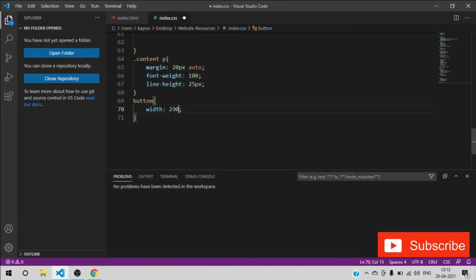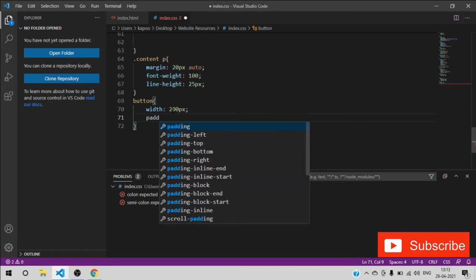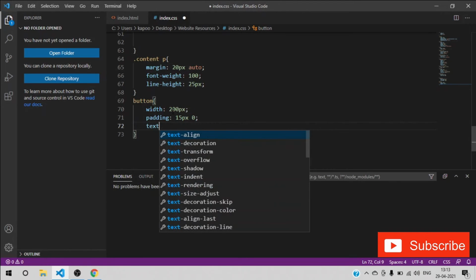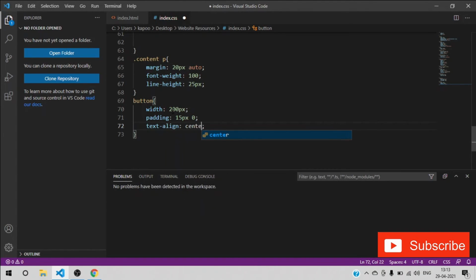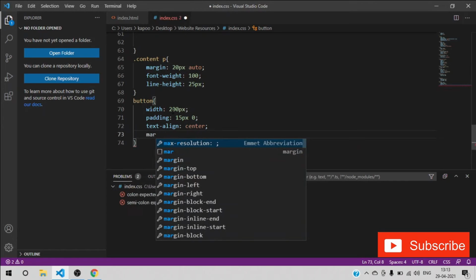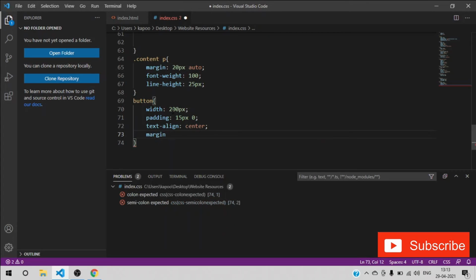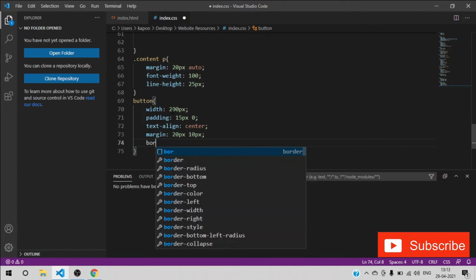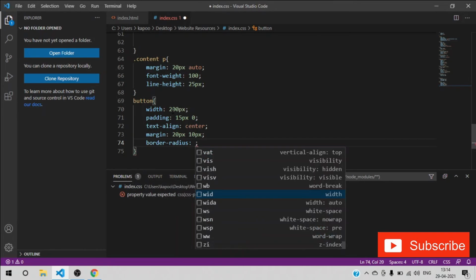So give the width of 290 px, padding 15 px, 0, text align as center, and what we can next is margin of, let's say 20 px, 10 px.